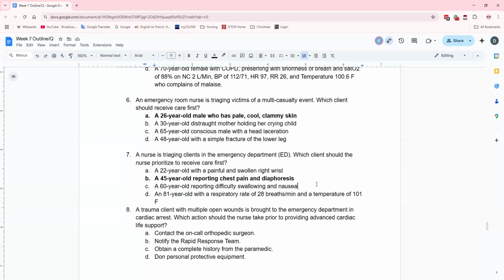But again, not just think about A versus B versus C, but also consider actual versus potential. It's definitely good that we're thinking about the potential. But if this person is having actual chest pain, and C only has a risk, which means it's potential. So with these priority questions, think about ABCs, but also think about actual versus potential. Think about acute versus chronic. So things to keep in mind. Make sense?